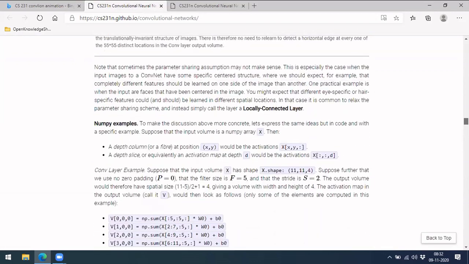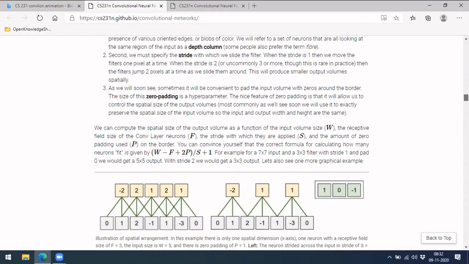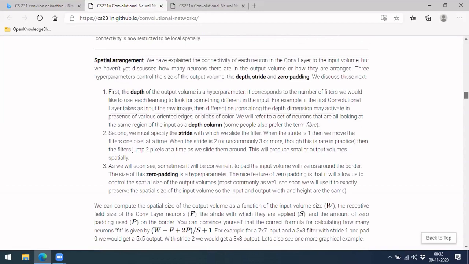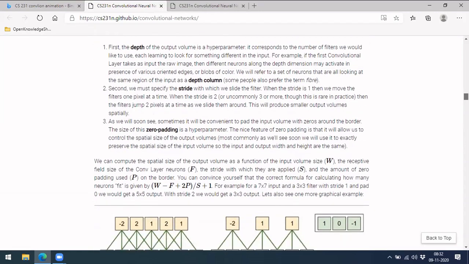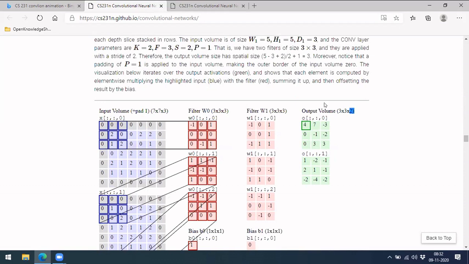There is a formula used to estimate the final output size. Before we jump to the formula, let's discuss each concept, because there are a few terms that need to be known for discussing this.